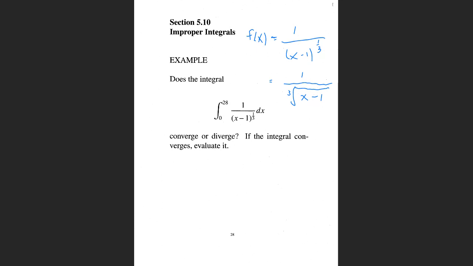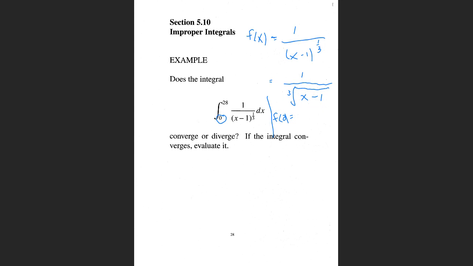Okay, so, all right. Well, is this function defined at x equals 0? In other words, if I had the function evaluated at 0,